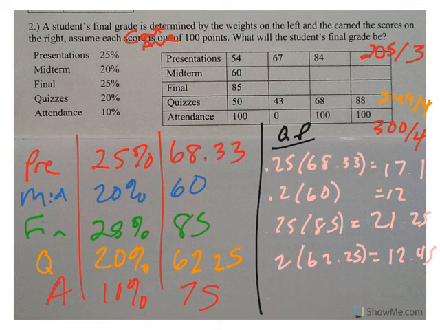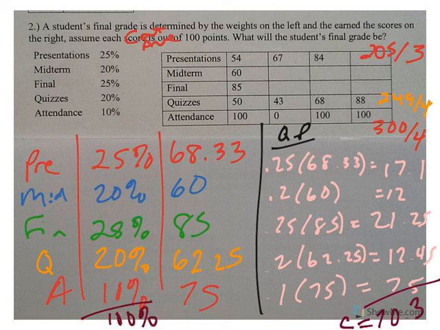And then 0.1 times 75 gives me 7.5. When I add these all together to get my overall total, I end up with 70.3, which is a C. And remember, we don't have to divide because the total is 100%, which is just 1, and dividing by 1